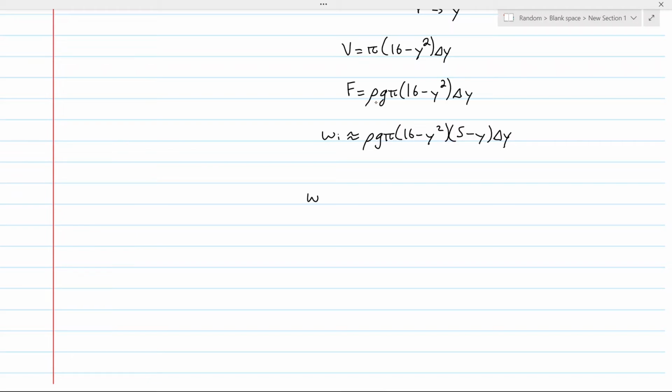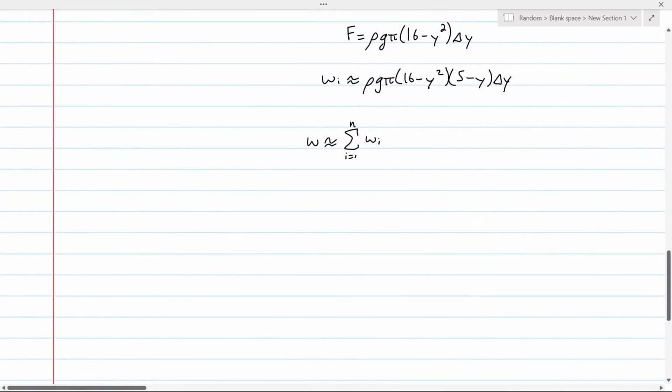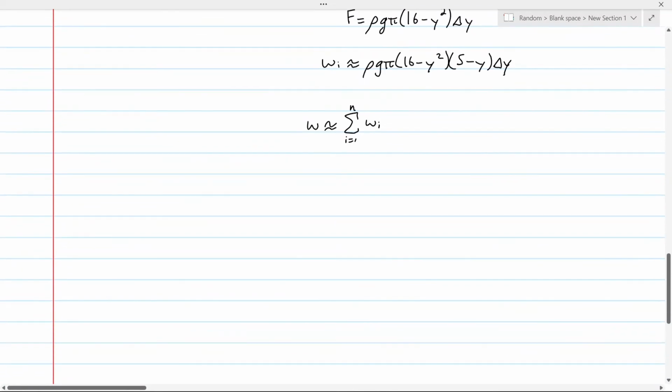And the total work is approximately equal to the sum. Now the disk is only approximate, but the thinner the disk, the more accurate the approximation gets. So if we then apply the limit,